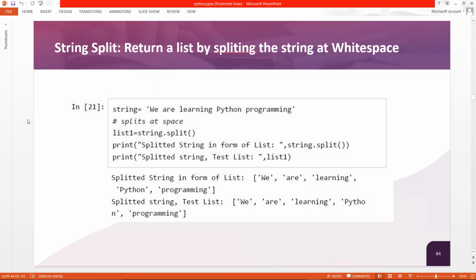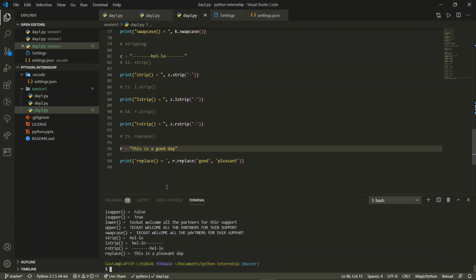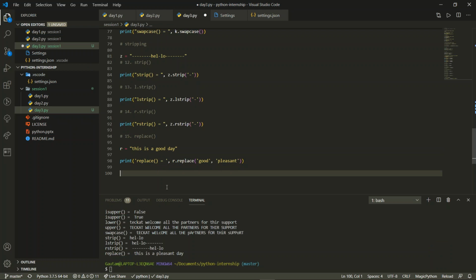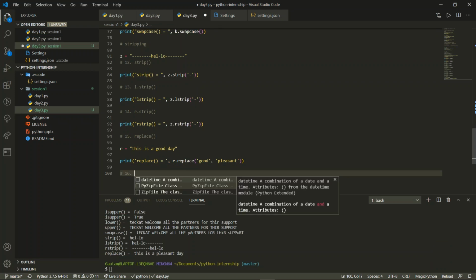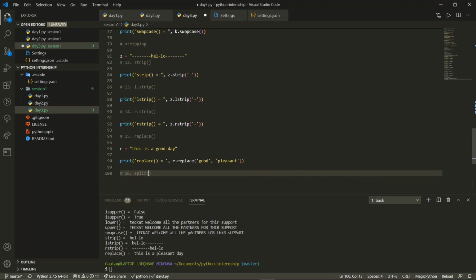Now a list is something like an array, you can understand. So over here it will strip each and every word separately, and it is stored in a list. I will just give an example, but we won't go very deep into it as we haven't covered lists. So we will just cover the split over here.